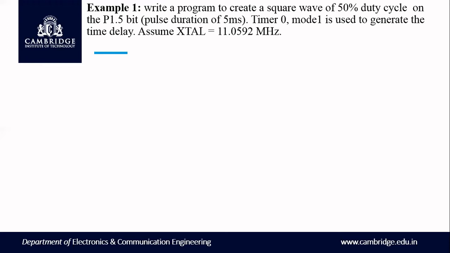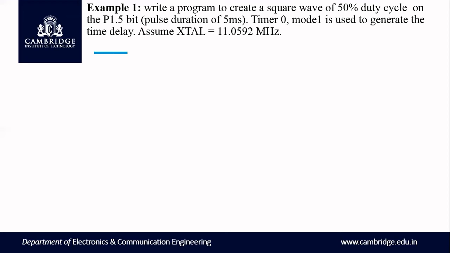So the upper 4 bits of the TMOD register are all zeros, 4 zeros, so that becomes 0 in hexadecimal. The lower 4 bits are 0, 0, GATE and C/T bar, and M1, M0 becomes 0, 1. So 0, 0, 0, 1 indicates 1. Totally you will be getting 01 as the value for TMOD.